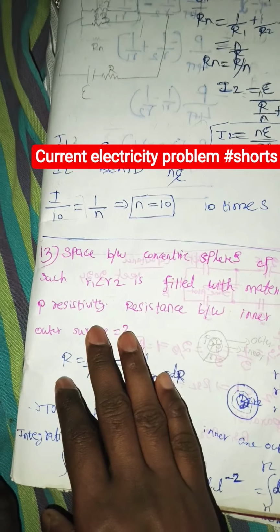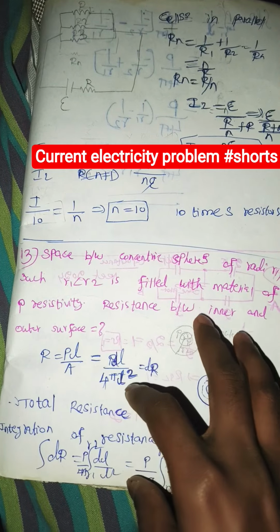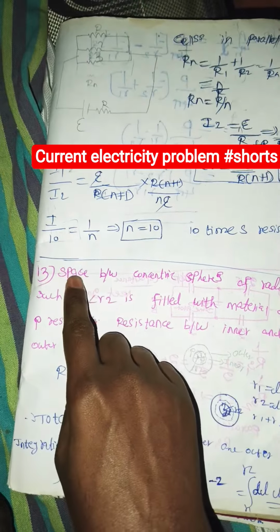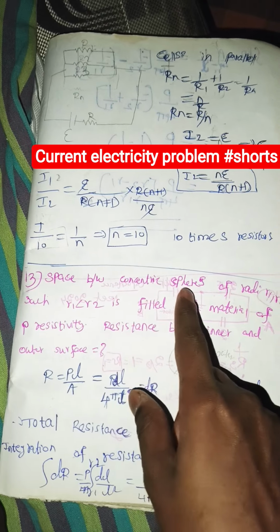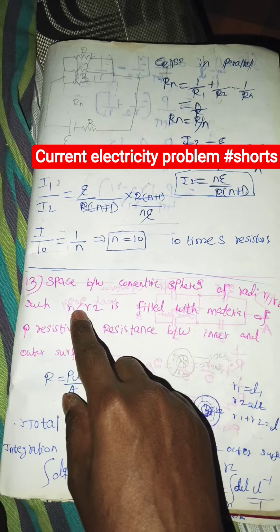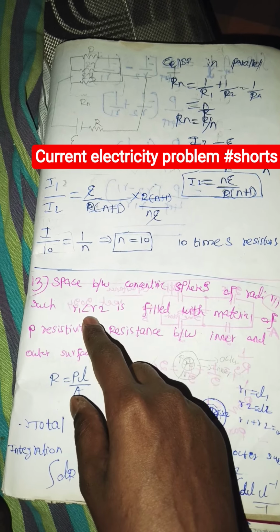Hi friends, good morning. In this video, we discuss physics problems from the electricity chapter. The space between concentric spheres of radii R1 and R2, where R1 is less than R2, R2 larger, R1 less,